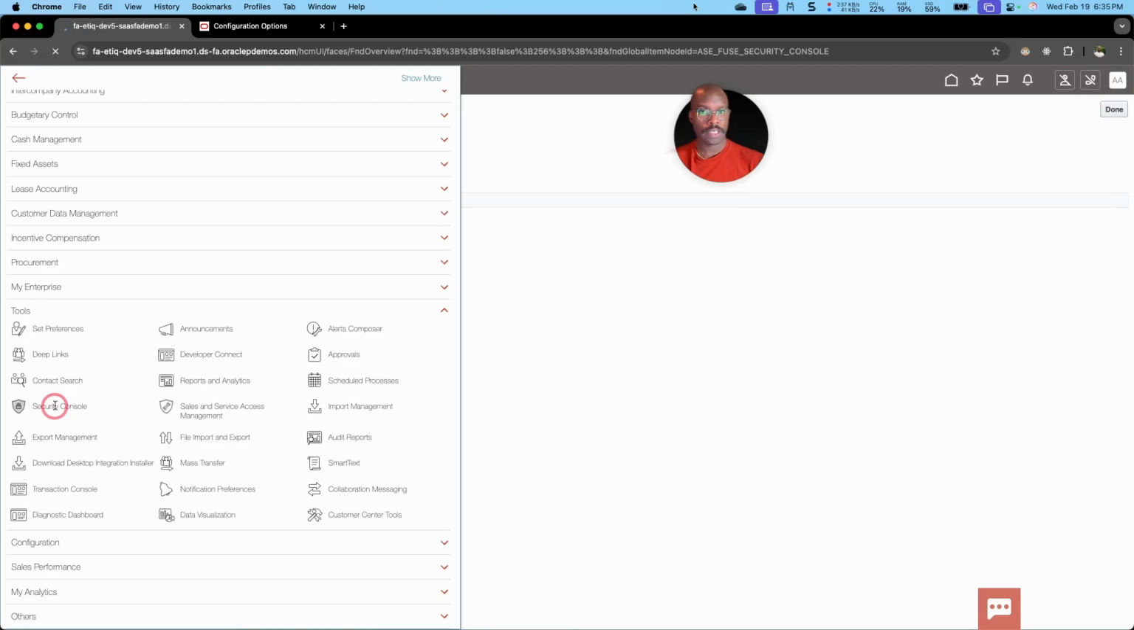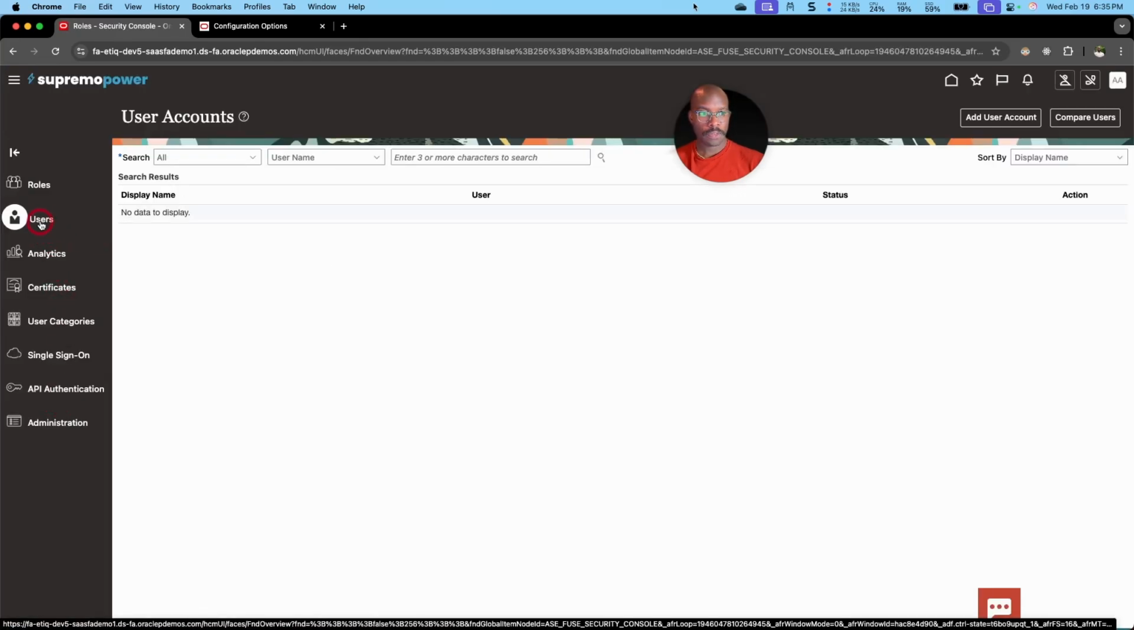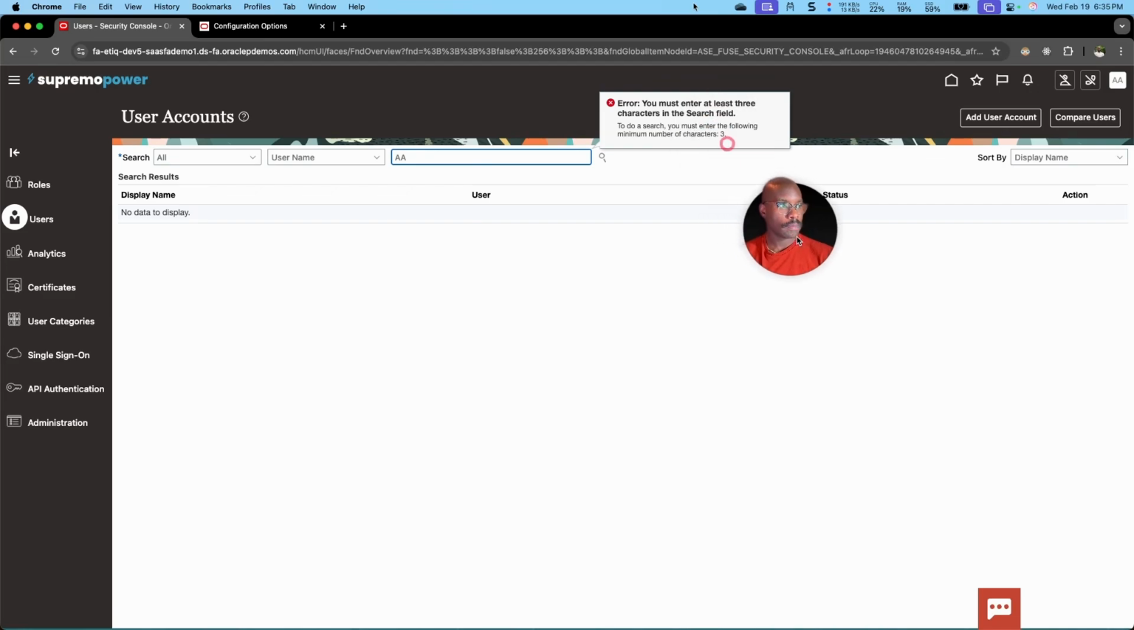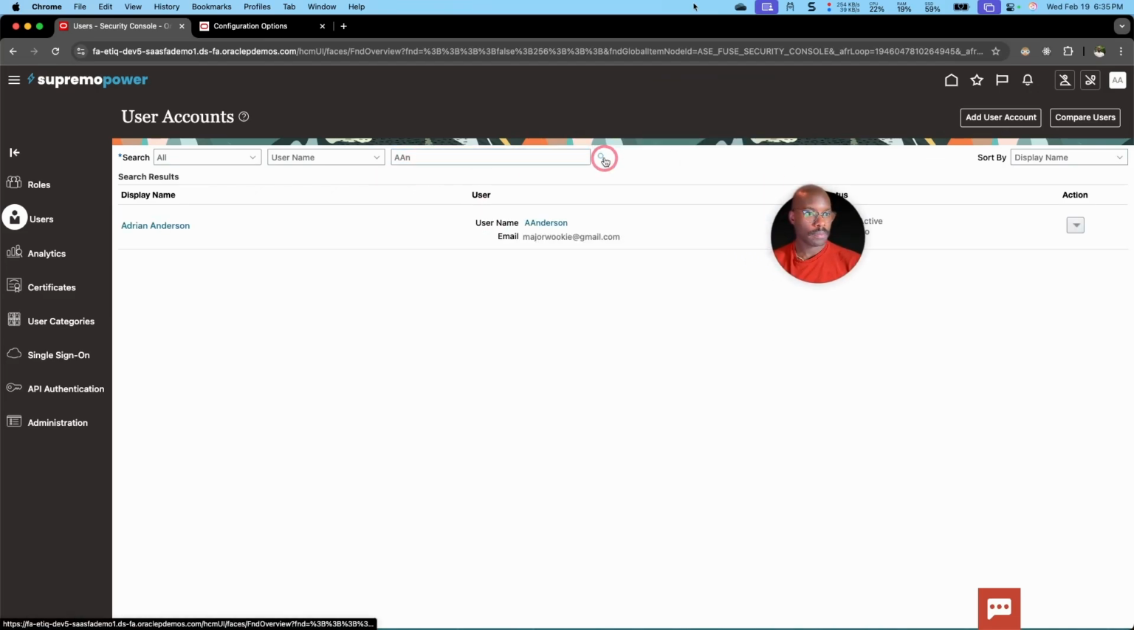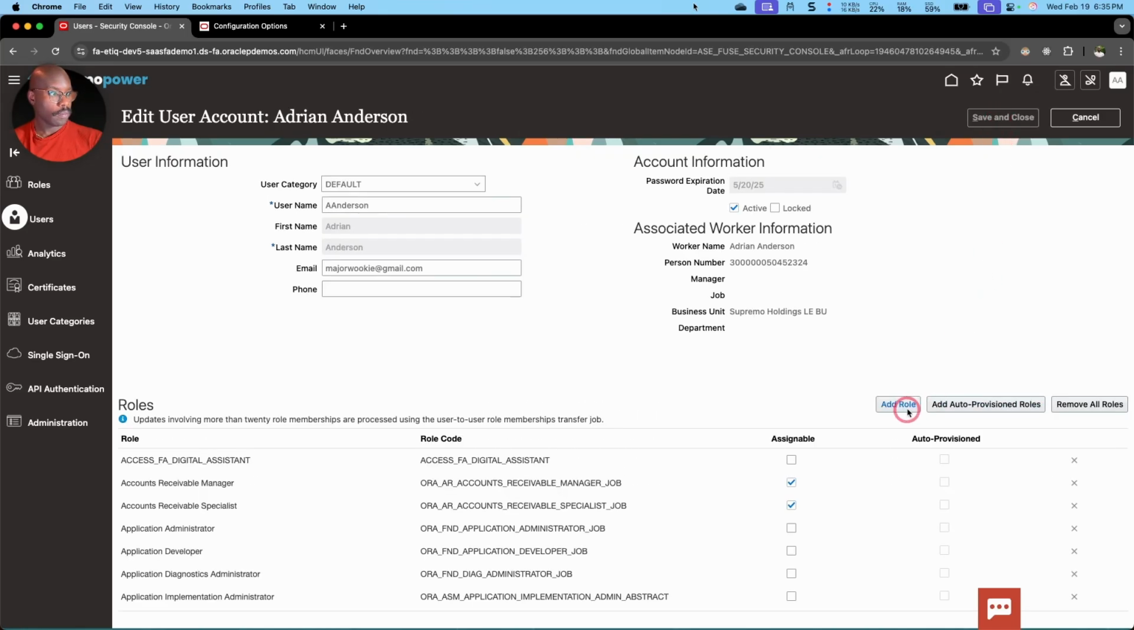This is where you're going to provision rights and roles. So we're going to come to users. We're going to search for the user. Let's just find my user here. This is me. And these are all the roles I have. To, again, set roles or provision roles, you can click edit, add role,